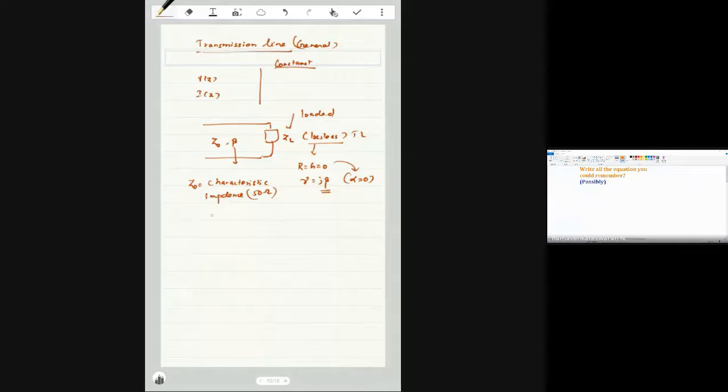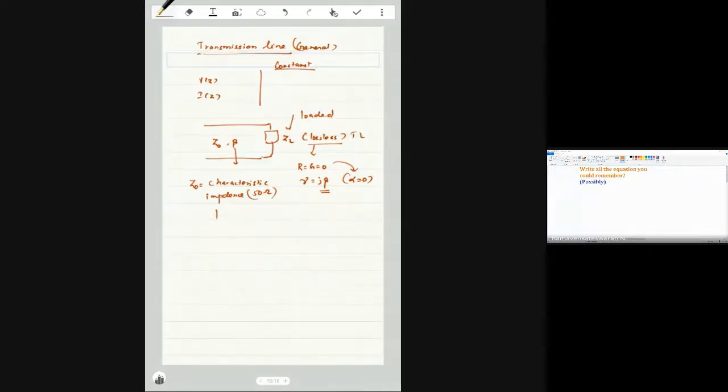This is exactly what we have seen in the last session: a lossless, loaded transmission line. Then we wrote the voltage and current equations. How did we write this voltage and current? By making the load placed at the origin, z equal to 0. The reason to take this as 0 is apparent: it makes the mathematical simplification a little easier.